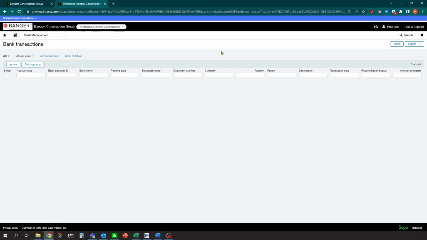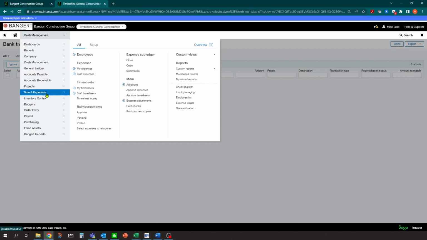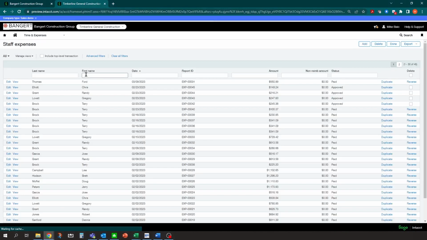The other area, they've added some integration with bank transactions and bank feeds with corporate card expenses. So now if your employees are required to enter in their corporate card expense details over in the time and expense area, you'll notice if I go into staff expenses, and I'm just going to add a new one.